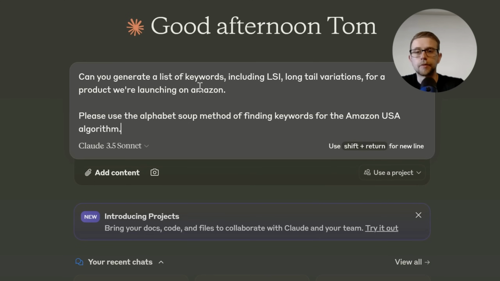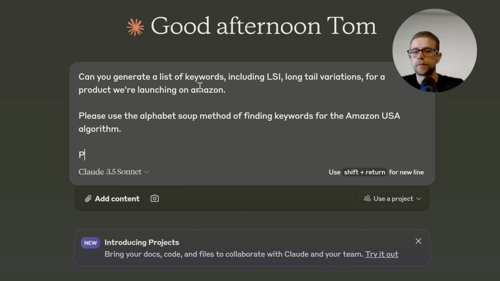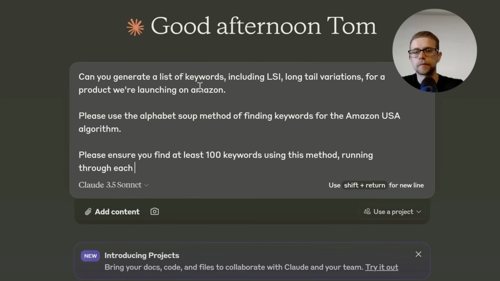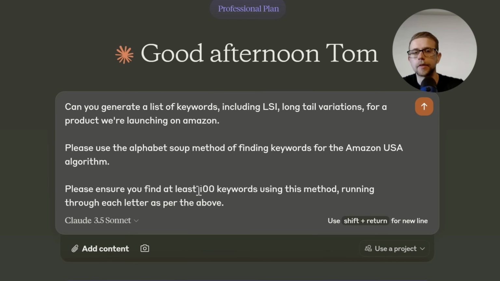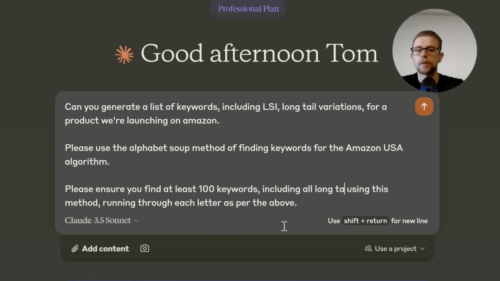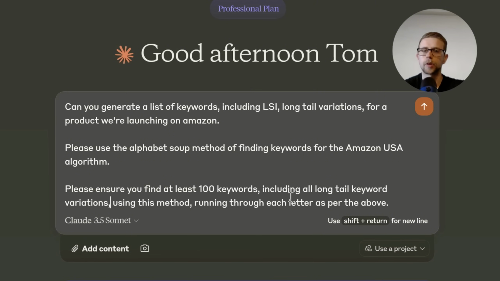Now, I would probably go even further and say, please ensure something like this. Okay, now the key part here is we need individual ones, and we want to say something like including all long tail keyword variations,